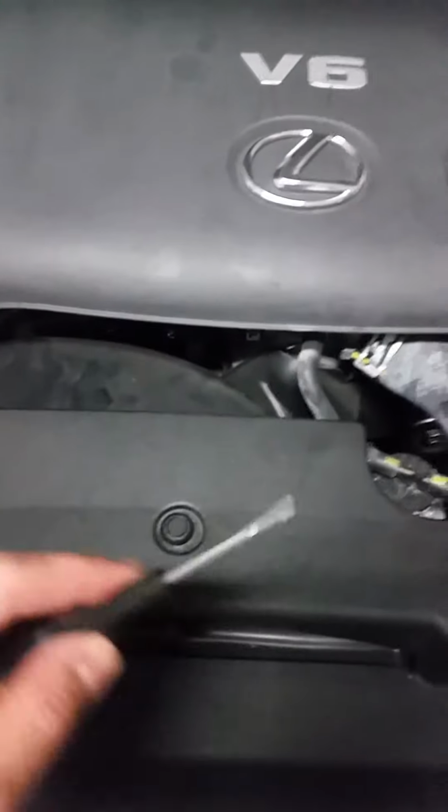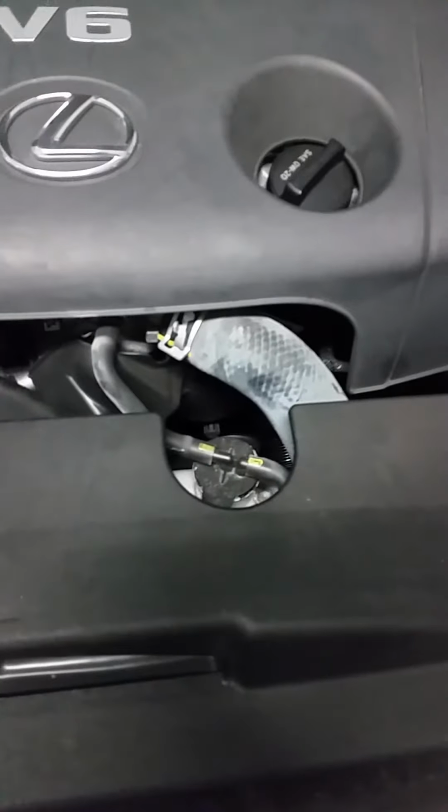So what you want to do is get a small flathead or Phillips, whatever you want. Push it down, push it down, right? And then it should pop right up. Sometimes it doesn't pop up, but it's all good. There should be another one here. So what you do is just pop it. The easier way is once you pop it down and make sure it's loose, you can just